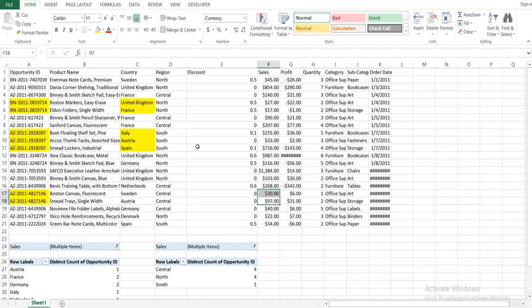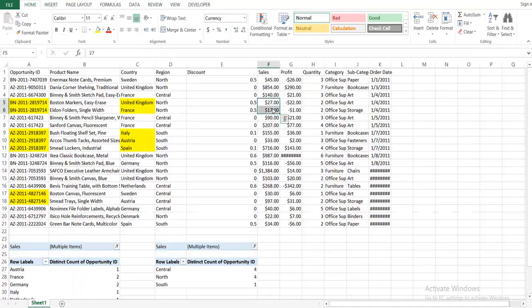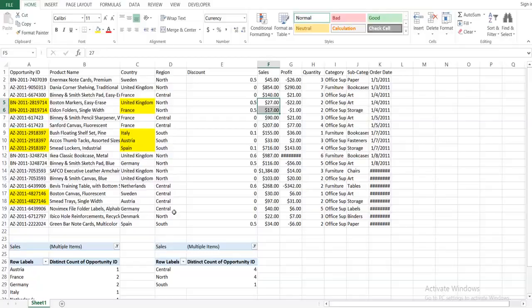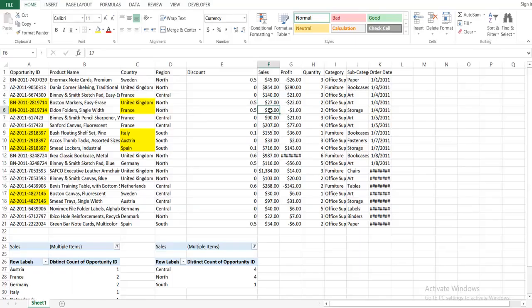Okay, so 5 we already checked in the previous North. Here this is again, because if you take individually it won't match, but when you do it as a sum, it is matching the value. So yes, and then if you take it at country level, this will be fine again. United Kingdom, if you see, or let's say France or United Kingdom only.